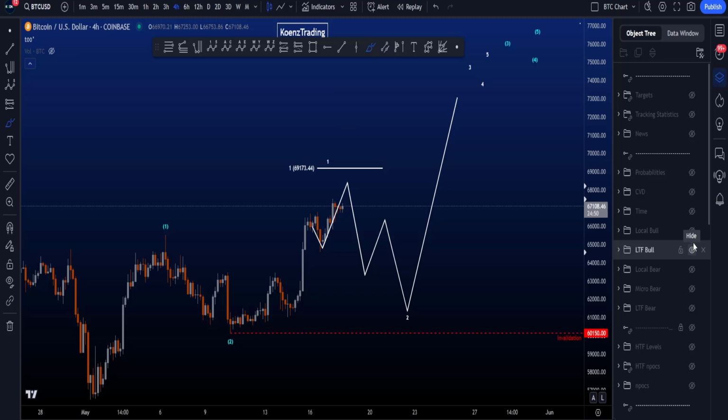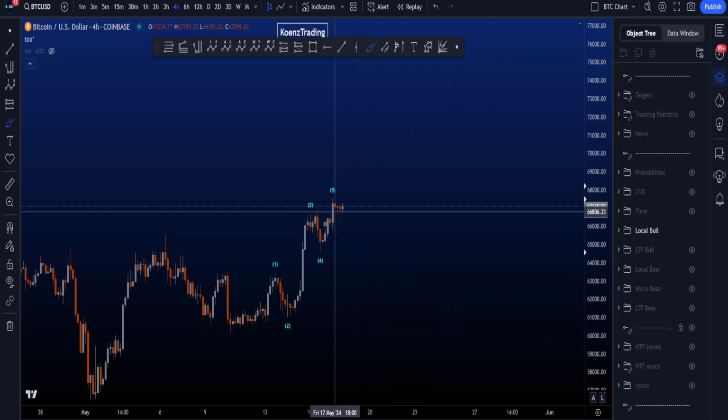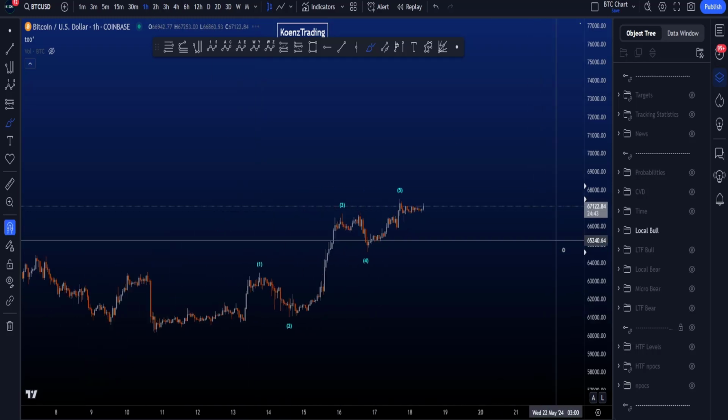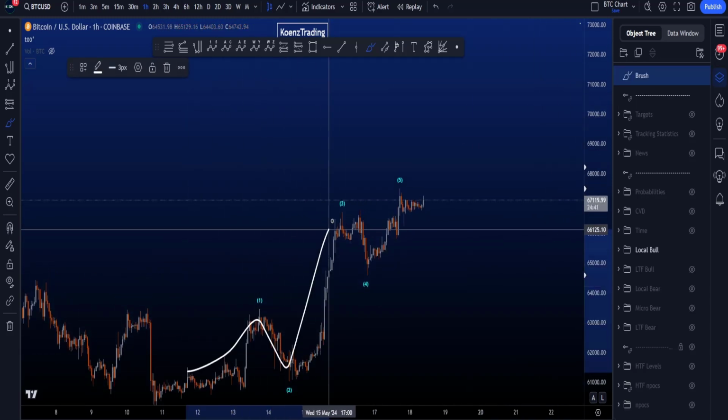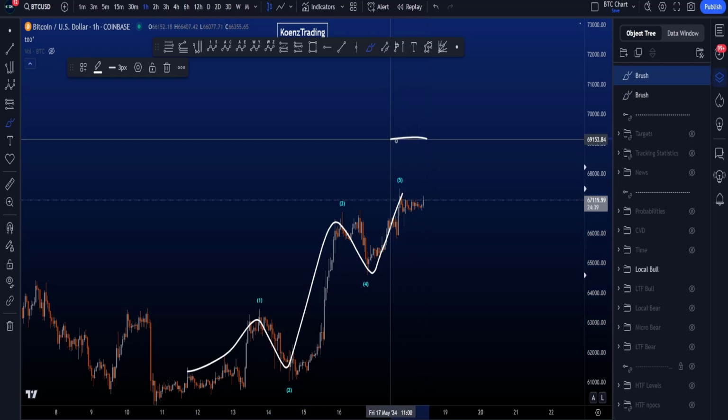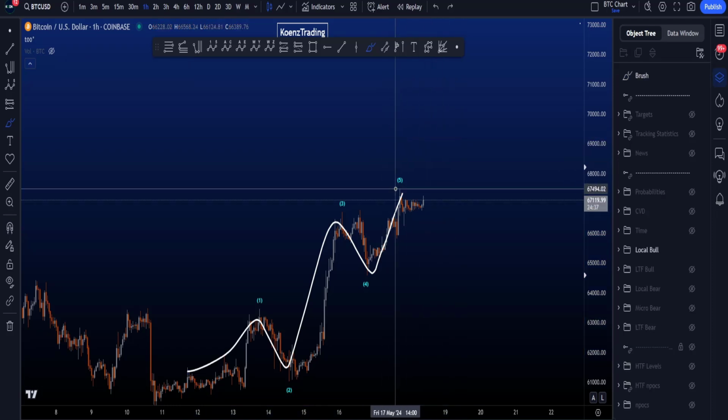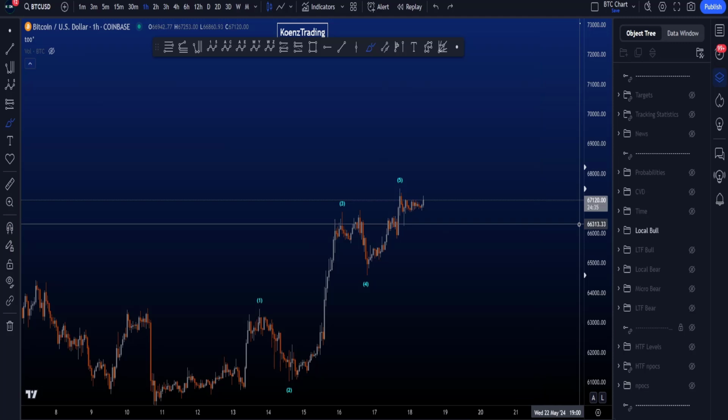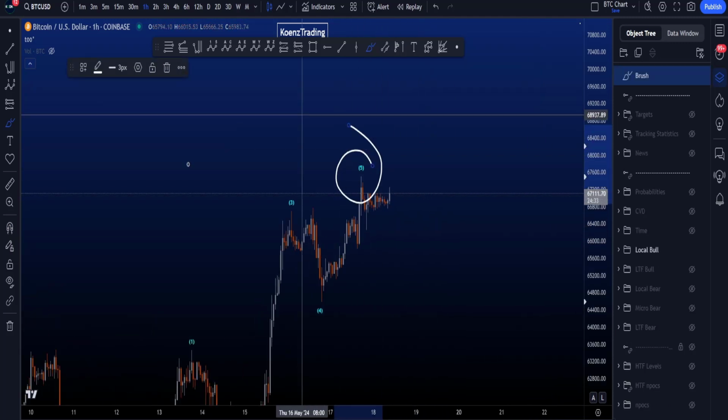your wave C. Now locally, in this particular scenario, you then potentially have a finished impulsive structure to the upside, right? You're then looking for your wave 1, 2, 3, 4, 5. You don't really want to see price move all the way up to 69.1k. You still have a little bit of margin at least, but you do want to finish the impulse to the